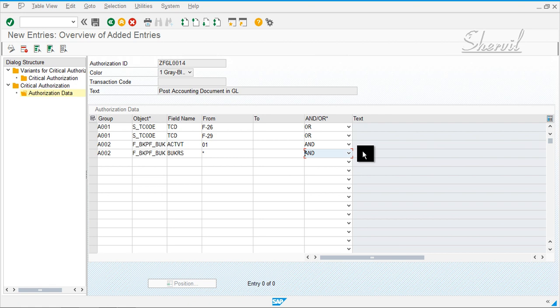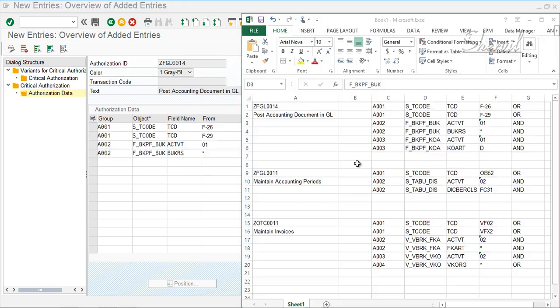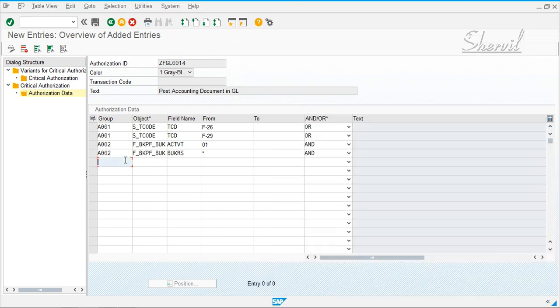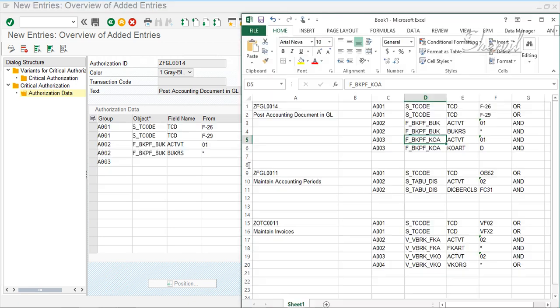Now, like I said, because all of these operands end with an and, you could use 002 for this object also, but I prefer grouping objects into different group IDs. So I'm going to use a different group ID.